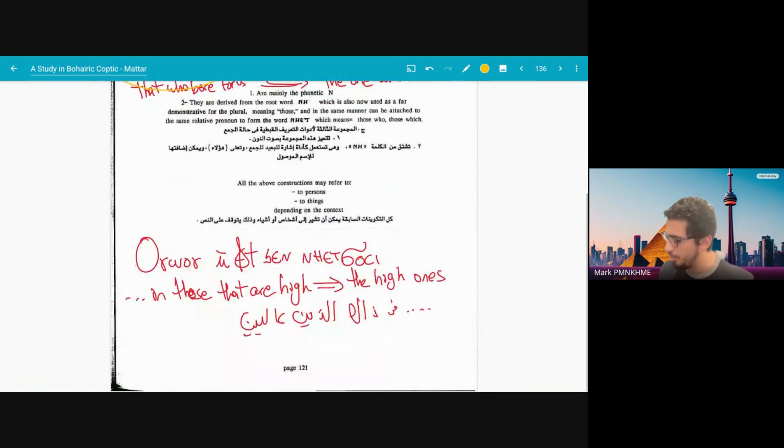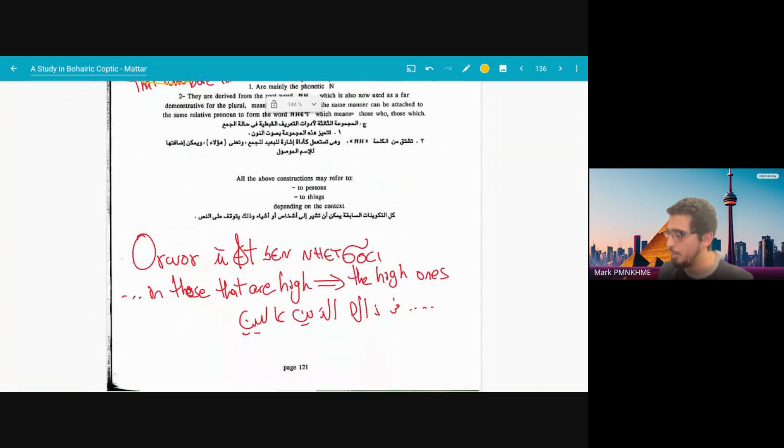And then the plural, hopefully you have it. It's just niet. So when you say "glory to God in the highest," it's actually wo mifnuti, chenni, niet chosi. Chosi means something that is high. So niet chosi, "those that are high." And we just translate it as "the high ones."